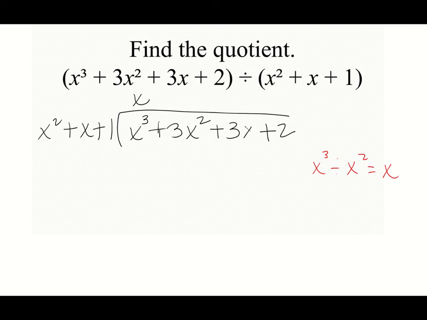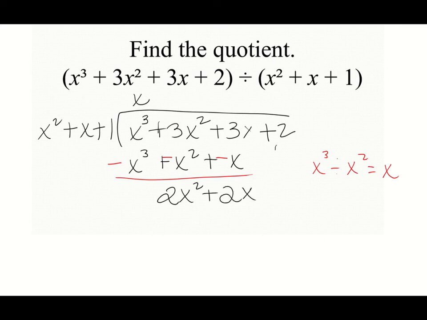So x times x squared is x cubed. X times x is x squared. And x times 1 is x. I draw my line. I change my sign of all 3 terms. So now I have x cubed minus x cubed, which is 0. 3x squared minus x squared is going to give me a 2x squared. 3x minus x is a 2x, and I bring down my next term